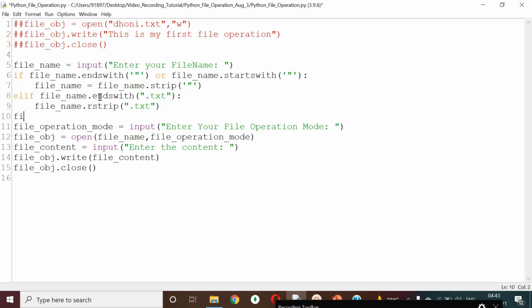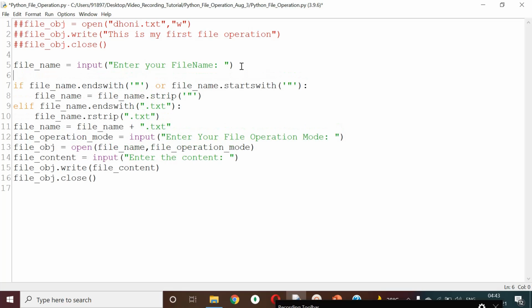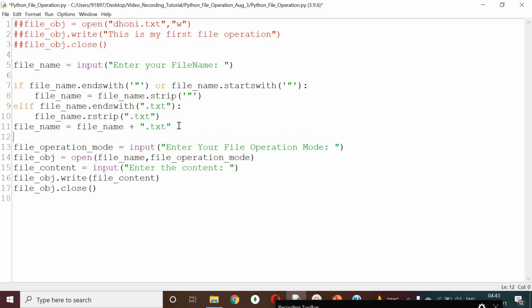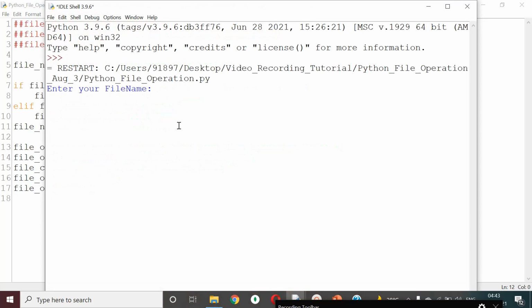After stripping, finally file name is equal to file name plus .txt. So it's a generic statement. You can do whatever you wish. The if statement is something that I have written as per my wish, you can write it a different way. I just gave an elif statement, there you can give some other statement. So now, whether I give it or not, it is going to consider that as a text file only. If I run, look at this. Dhoni W hello.